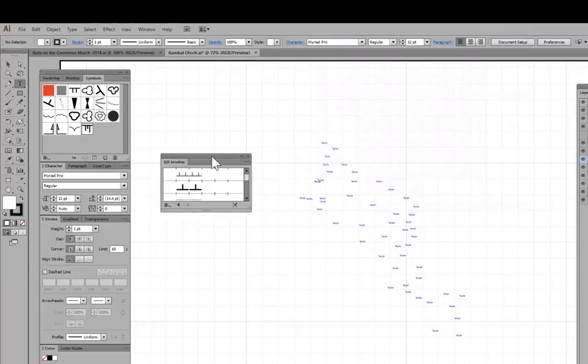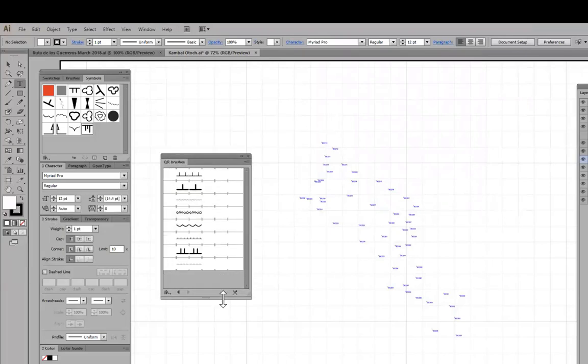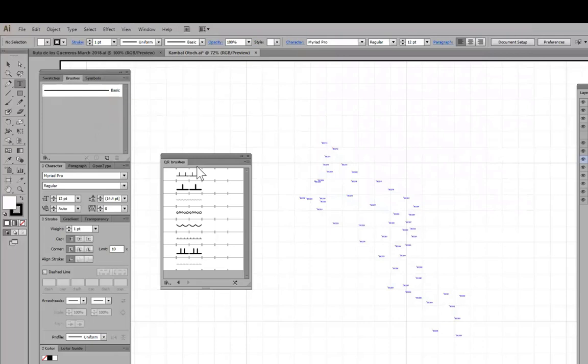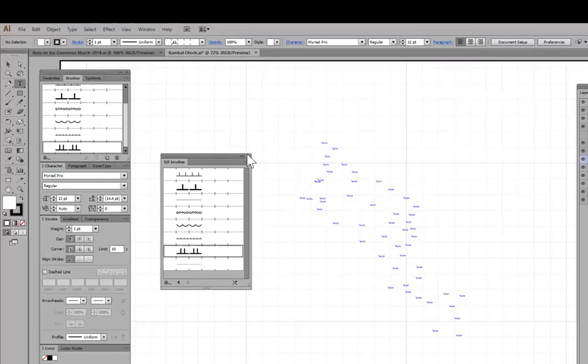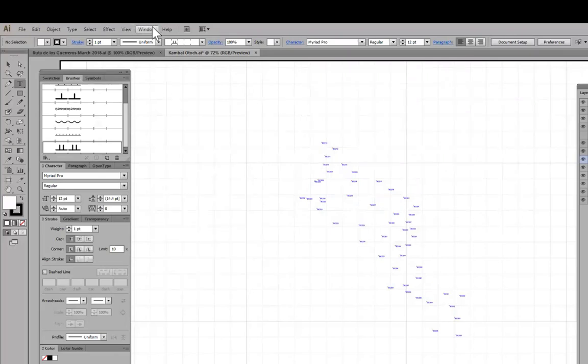And now I've got my brush library open up over here. Most of these I like, so my brush library is about to be populated as I click on the ones that I like here. Done with brushes. And I'll do the same thing with